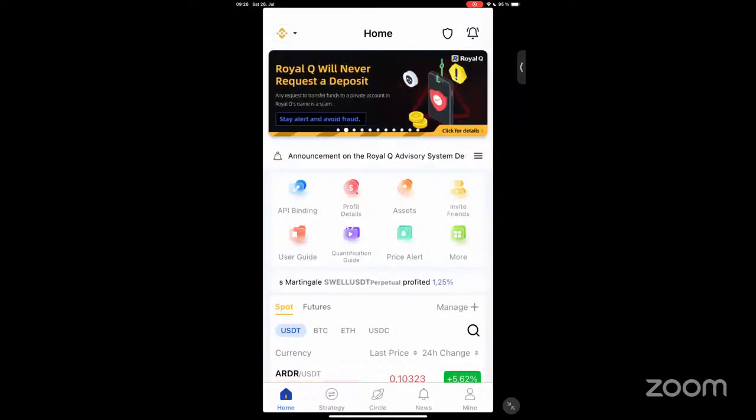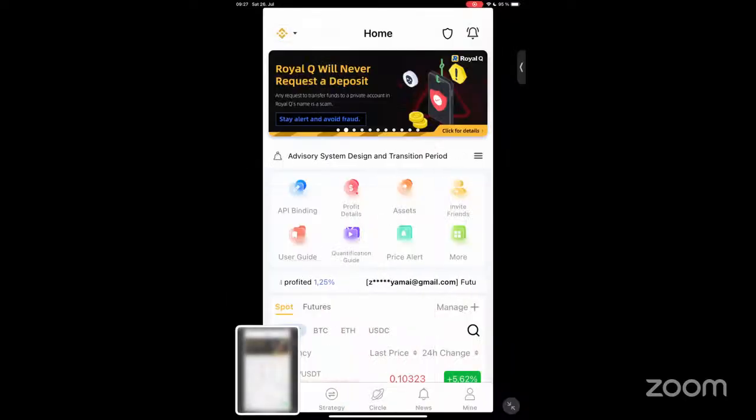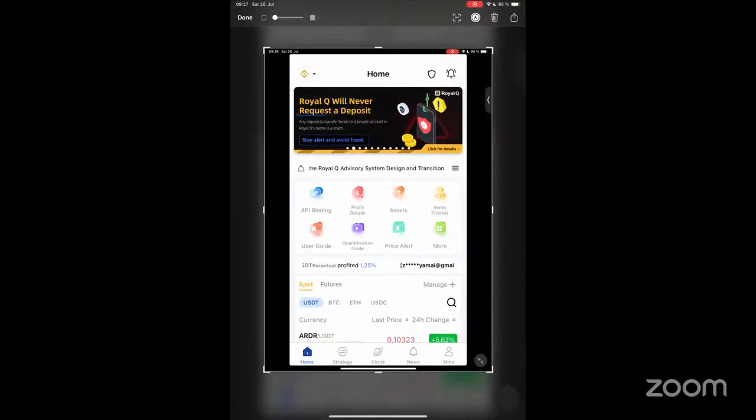concerning our ranking system. Now, this is very, very important because a lot of people are victims of this aspect. So Royalq will never request a deposit. There are some people that would send money to a particular wallet address all in the name of Royalq asked me to do that. No. There are people posing as Royalq CEOs, people posing as other top leaders in our